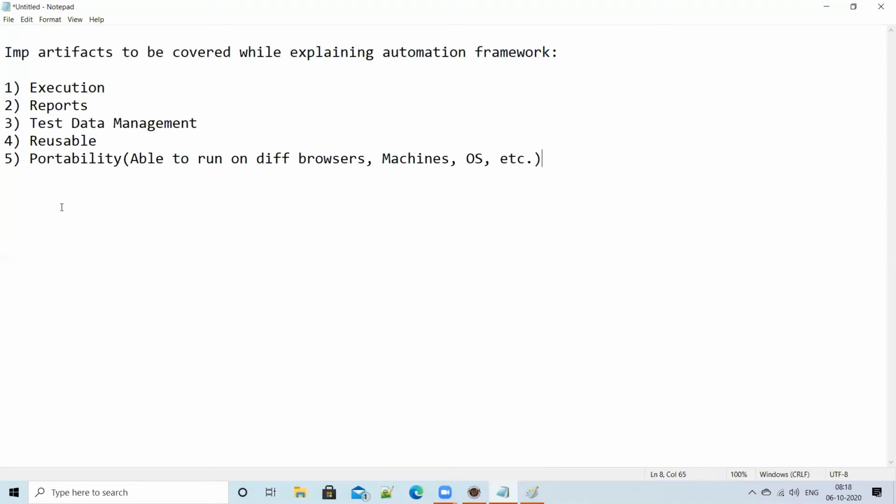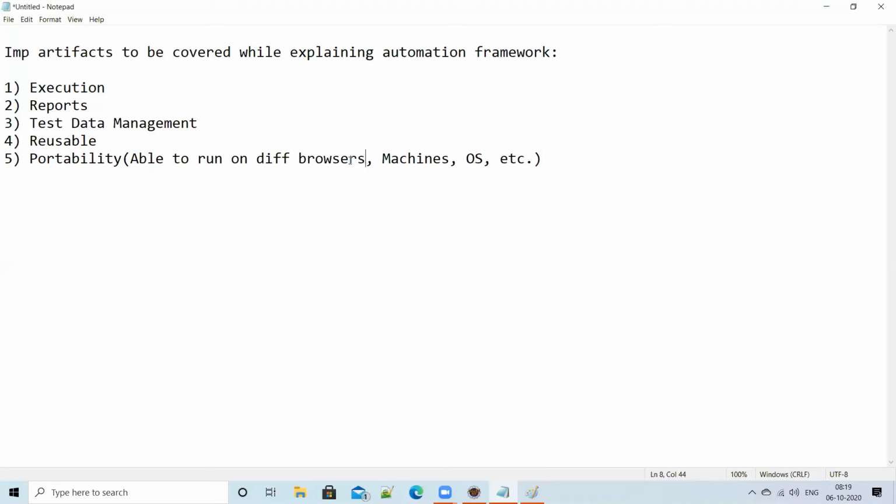Is it working or not? It is working. I developed it, I gave it to you. You are able to run it, right? And different operating systems. Yes, even this framework will work on other operating systems also, guys.